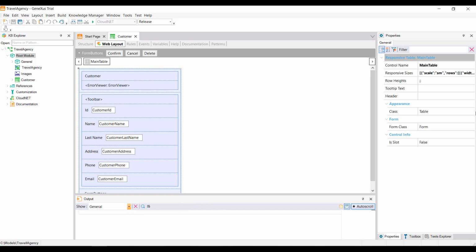Now we want to test the transaction we created in the previous steps. To do so, we'll have Genexus build the application, create the database, and do everything necessary to get the programs ready to be run and tested. This test cycle that developers undertake before the application is ready is called prototyping.